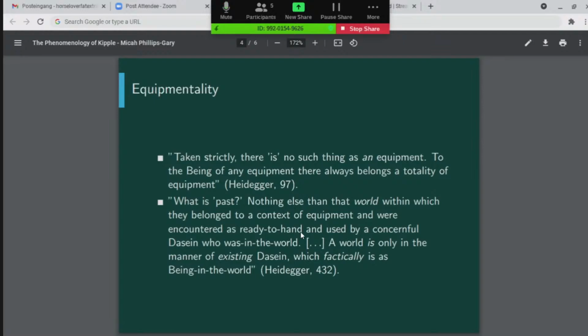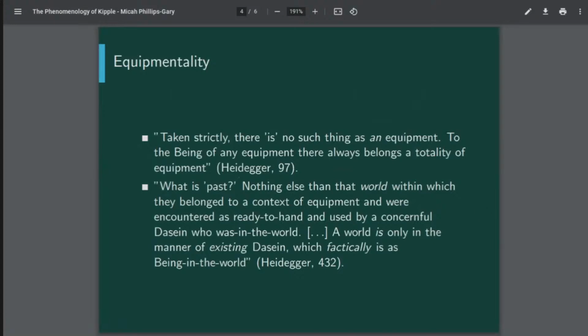I think that's the basic idea that I wanted to get across: the Kipple disrupting the environment, and the way in which objects are useful, or exist as useful, only in that environment, and so in that sense they become Kippleized. And in looking at the way in which the pastness of objects is tied to the pastness of the environment, which in turn is tied to the pastness of the Dasein who constituted them as being directed towards a purpose, right? I want to link that up to the total direction of the universe